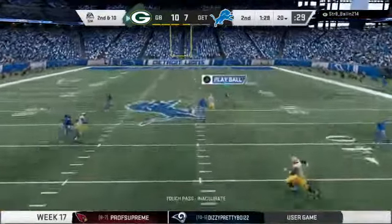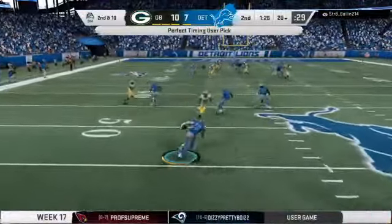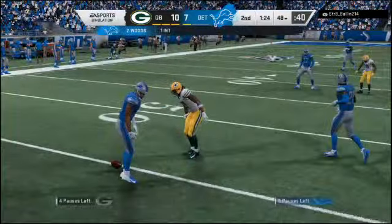Back to throw now on 2nd and 10. Into heavy traffic, and it's intercepted. Picked off at the 45. And his guys are...